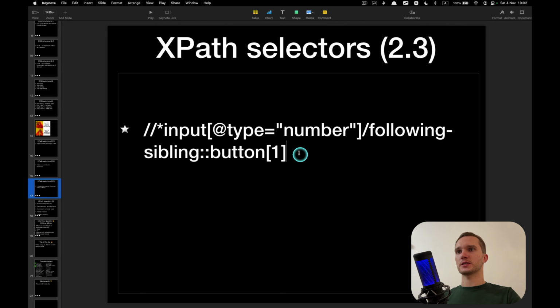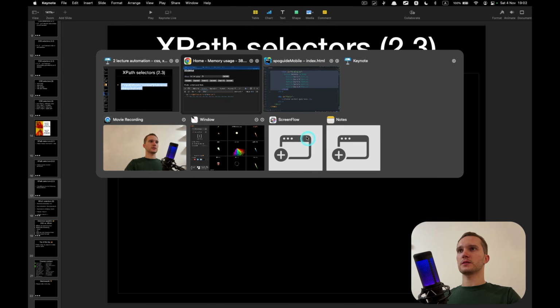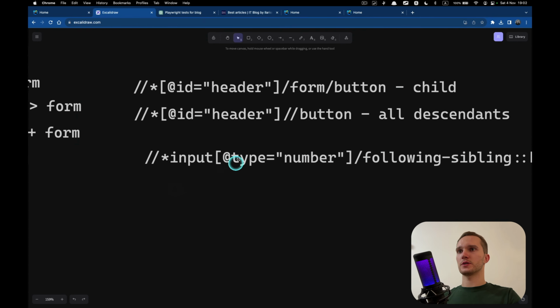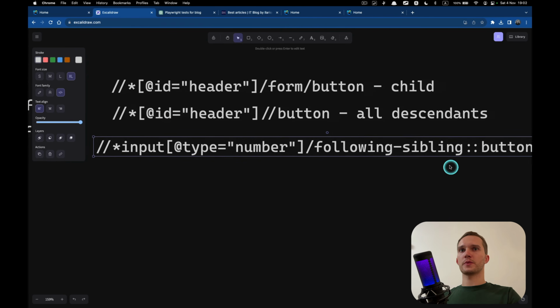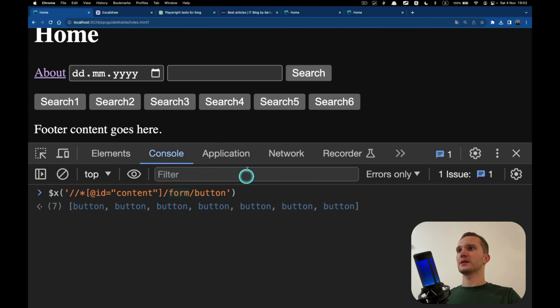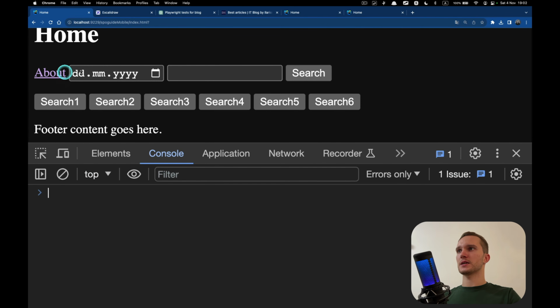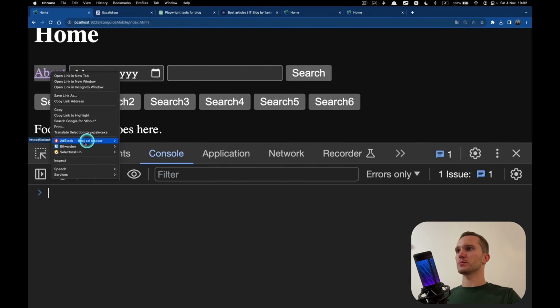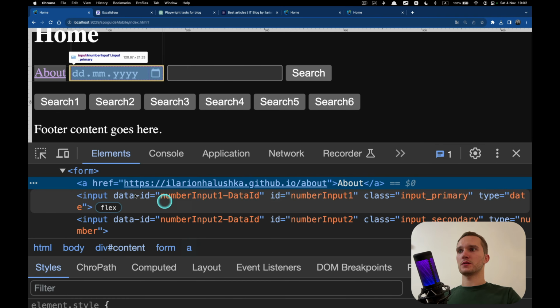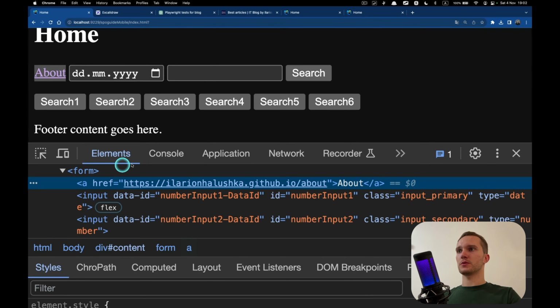What do we have? Yeah, and this is for the sibling. Sibling meaning brother or sister. Let me put it also here. Boom. Following sibling, button 1. Okay, let's try this one. Do we have some siblings here? Yeah, we have this button, and now number input.